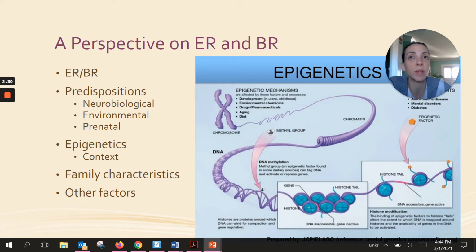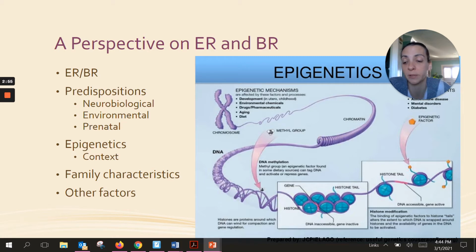Epigenetics, remember, is the way that a gene gets expressed based off of influence from the environment. So a gene's function or expression can be changed without affecting the DNA structure of the gene. And in terms of epigenetics, context is really important. The context activates or dictates the expression of a gene. Genes are bound to that environment.